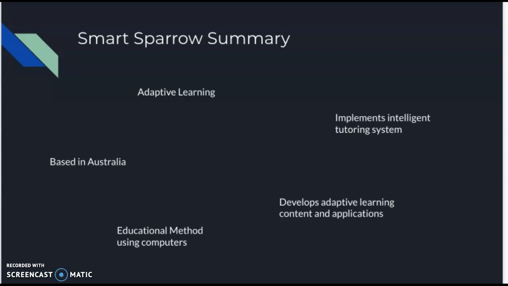Smart Sparrow is a course building platform for adaptive courseware. The courseware includes student and course analytics and allows for integration of virtual labs and simulations. The good thing about Smart Sparrow, unlike other adaptive learning platforms, is that it has adaptive capabilities that do not use predefined